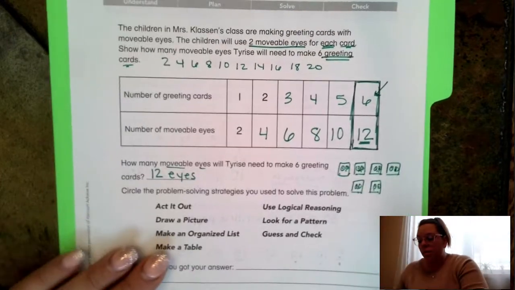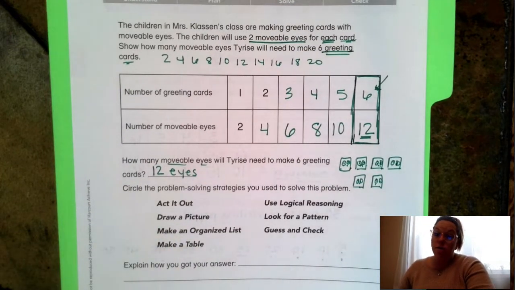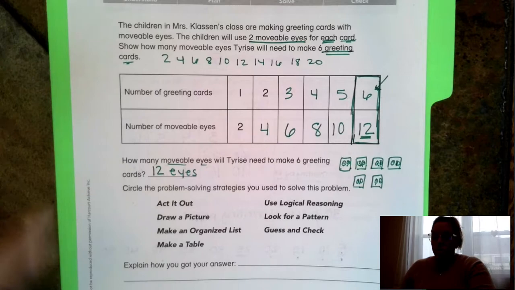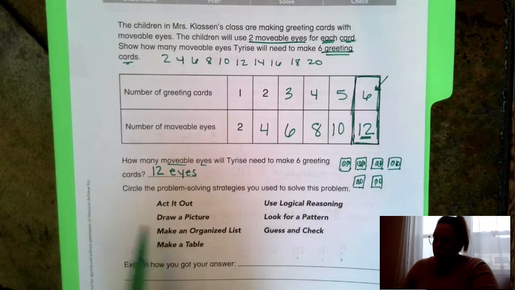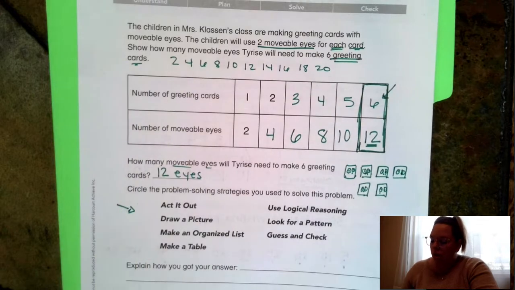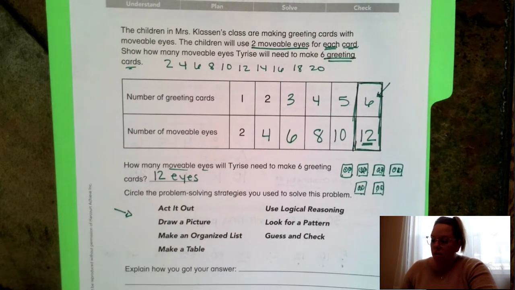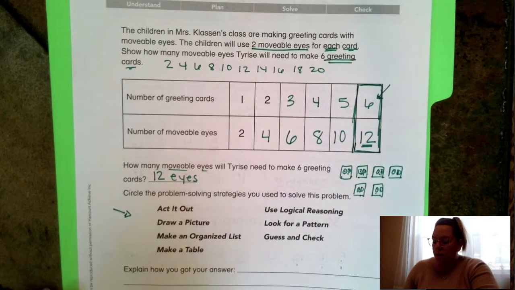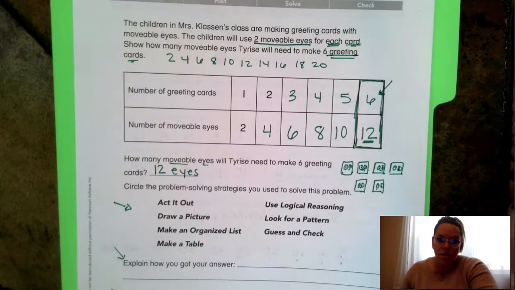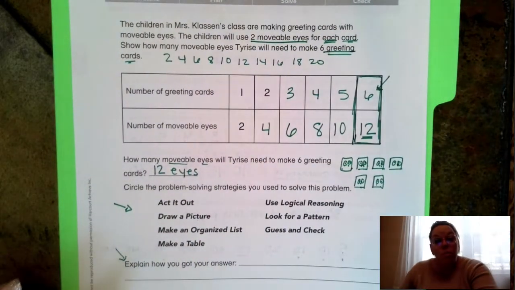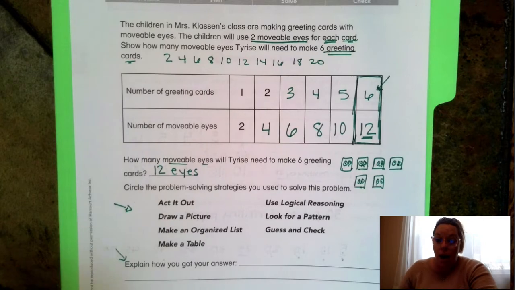Okay, now I just went through that with you because I wanted to make sure that you understood that. So when you start seeing things like this on our work, or when we're starting to do more with this, it should be really nice and easy for you. What I do want you to do, though, is I want you to take the time to circle the problem-solving strategy we used. Think about what we did. Look on the front side if you need help. And I want you just to write me a sentence at the bottom explaining how you got your answer. How did we get to this? What did we have to do? We had to count by,